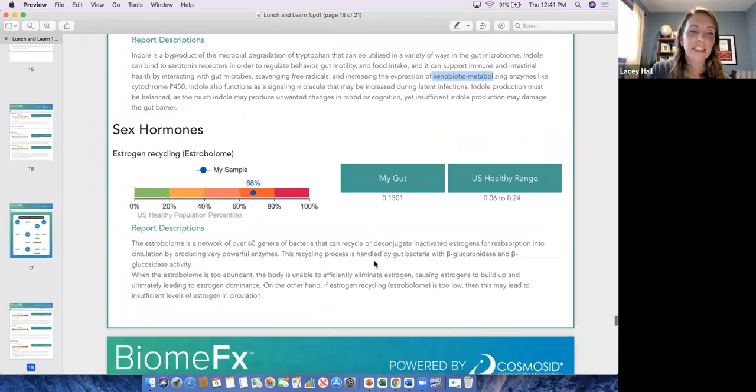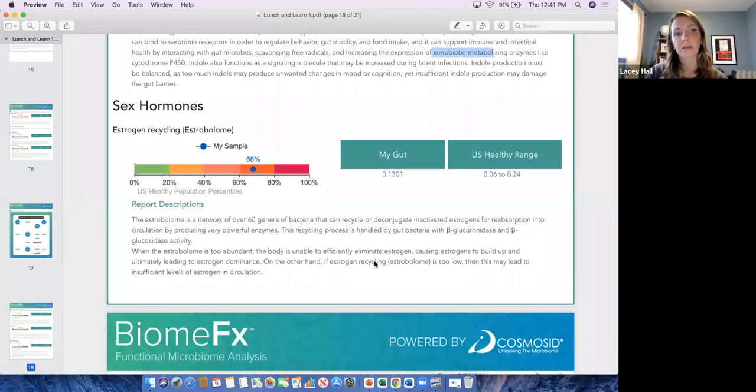And then the last piece to her clinical puzzle that was pretty significant is the way in which she's recycling estrogen. So when we look at the estrobolome, we can see different bacteria. This is a group of bacteria, so not just one or two types of bacteria, that can influence the recycling of estrogen in the body. Now, we want to make sure we're excreting estrogen properly. Now, if there's an overgrowth of bacteria that are secreting this enzyme, beta-glucuronidase, then we will see that recycling happen